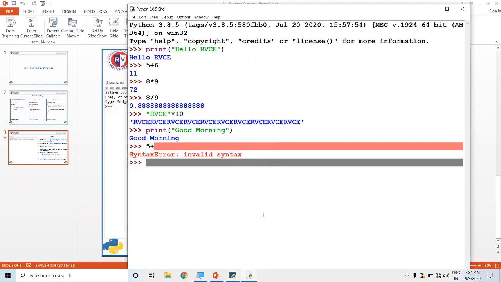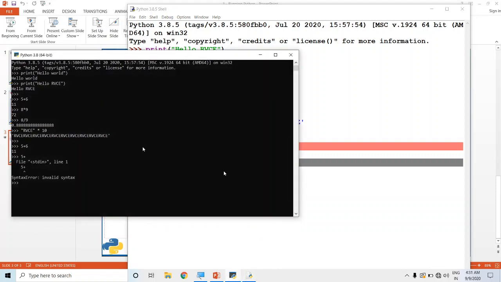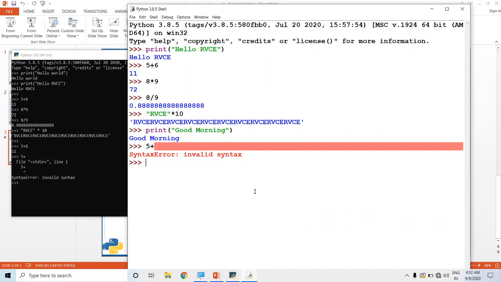Now we have one more window. This Python interpreter and the shell window are suitable only for single line statements. For example, I want to print hello world, hello RVCE, good morning at the same time. In the Python interpreter, this will take one statement at a time. We convert the high level instruction to the machine level one at a time, because this is an interpreter. Even if I can develop complicated software here, it will take too much time. I need to type one statement, it converts the high level instruction to the machine level instruction, and once again I need to give the new input. So this will take too much time. We have one more option.